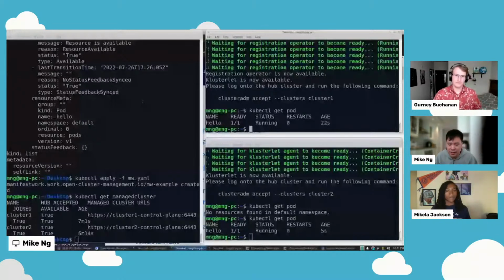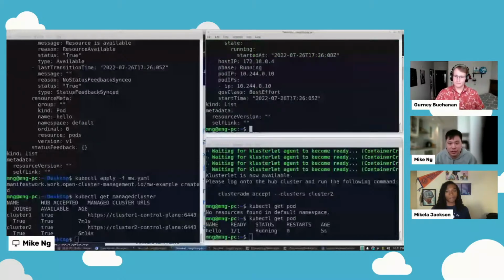On manifest work, you can actually configure status sync. Say, for example, you look at a pod and you see certain statuses, and you want to sync those statuses back on the hub side because that's where you manage your entire fleet.